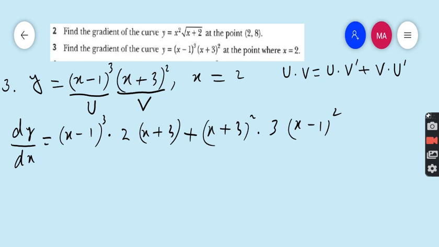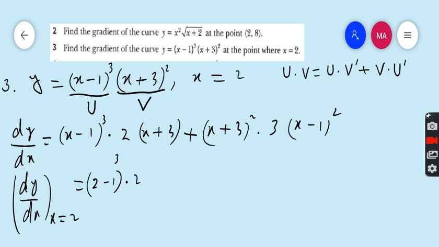So the derivative of x minus 1 is 1, so no need to multiply. Now we have to find dy by dx at x equals 2. So put 2 where you see x. So (2 minus 1) cube dot 2 into 2 plus 3, plus (2 plus 3)